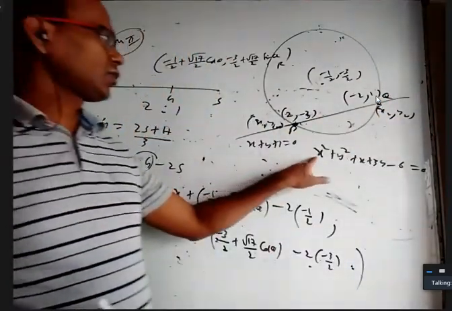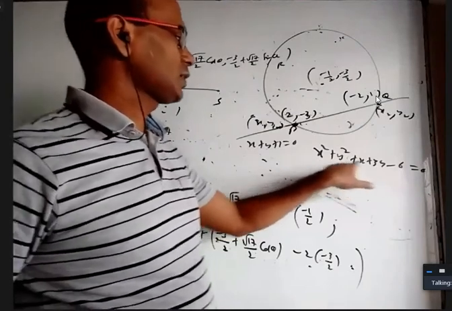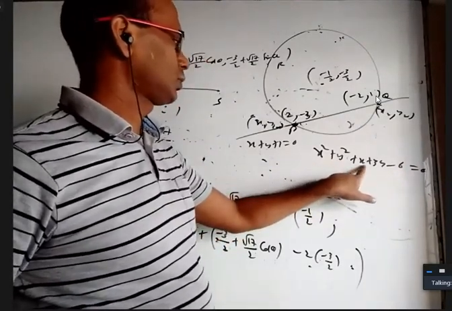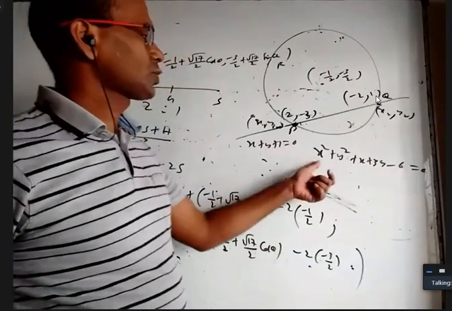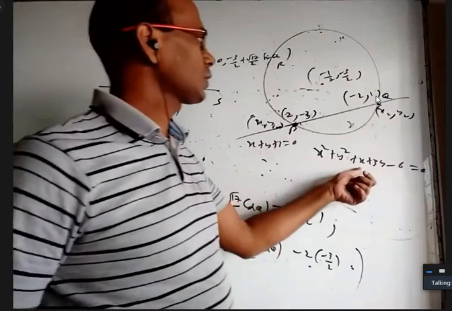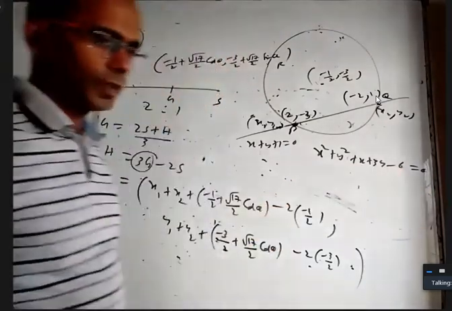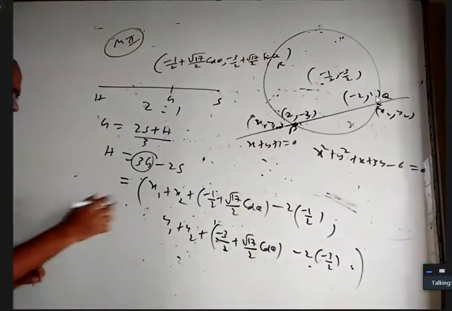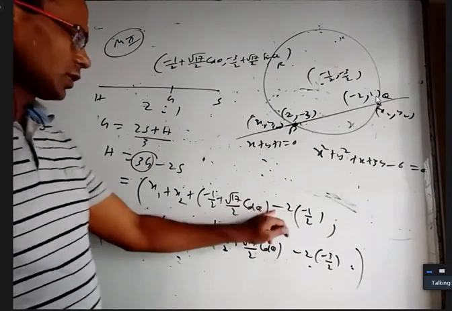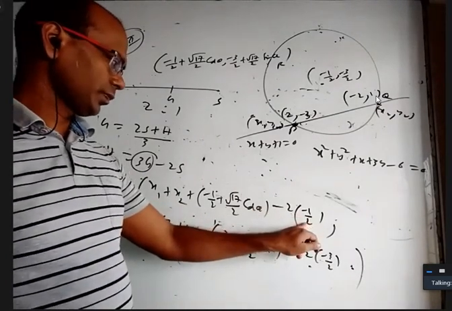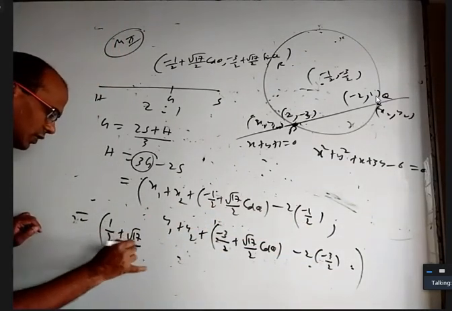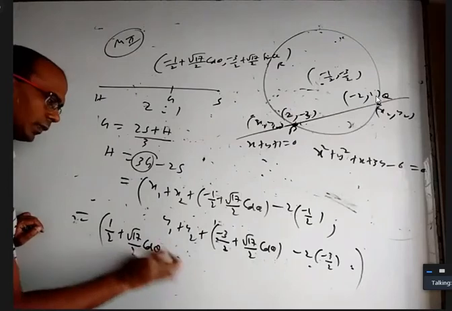Am I right? 4 plus 3, 4 plus 9, 13. 13 minus 6 is 7. Plus 9, 5. Minus 2 comma 1. 4 plus 1, 5. Minus 2, 3 base 5. Okay. So I would have kept x1, x2 earlier on. So this is 2, this is minus 2, 0 cancel. This is plus 1. So plus 1 by 2 plus root 17 by 2 positive.